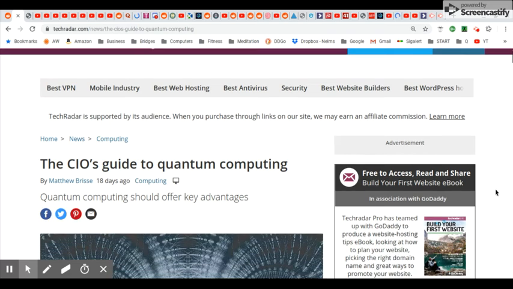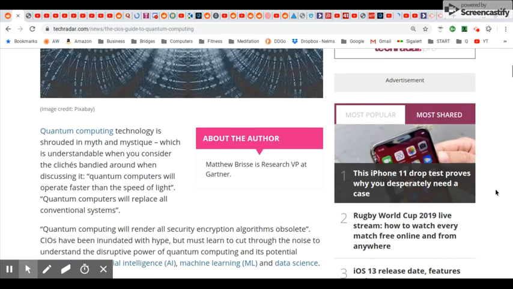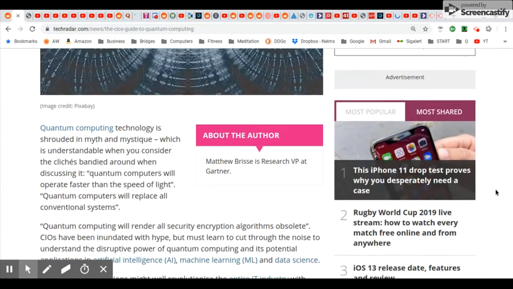TechRadar.pro, the CIO's Guide to Quantum Computing. Quantum computing technology is shrouded in myth and mystique, which is understandable when you consider the cliches bandied around when